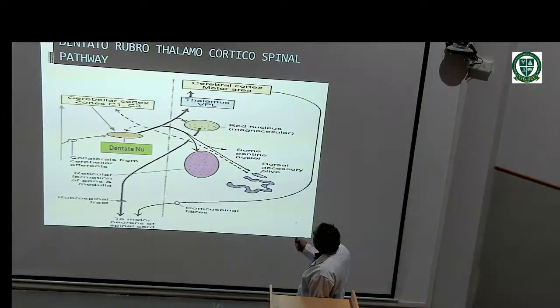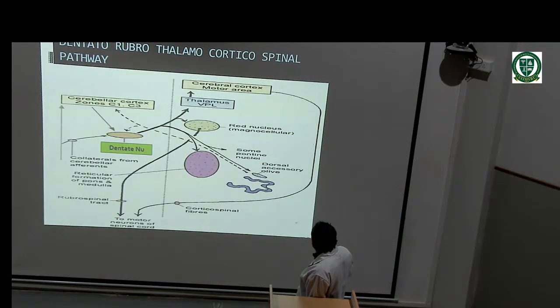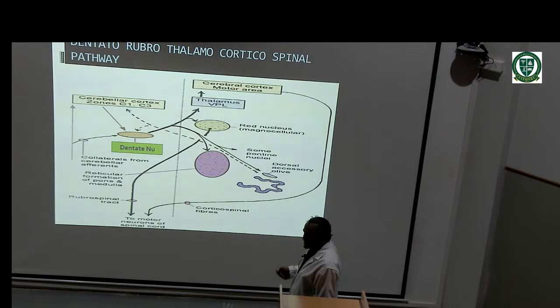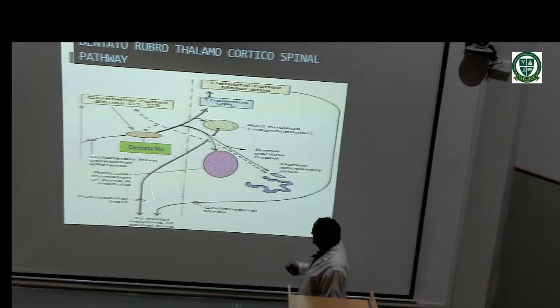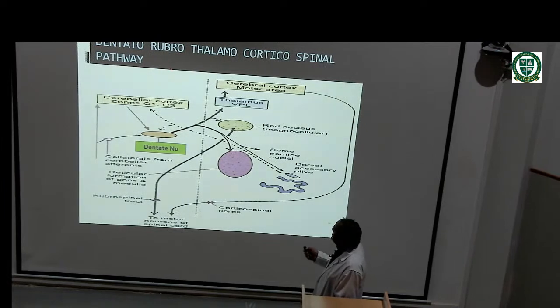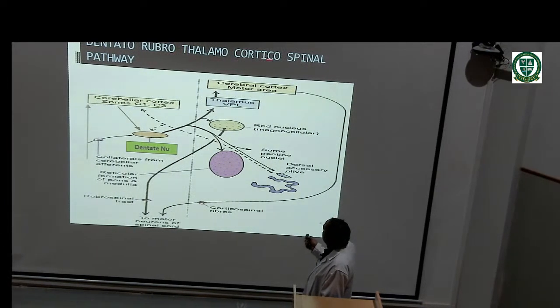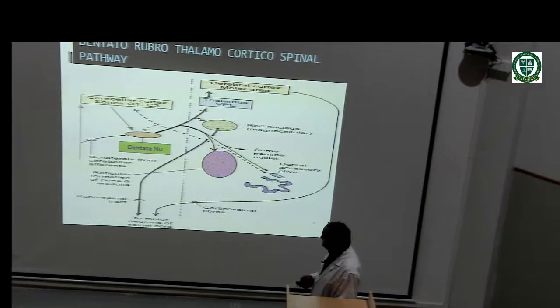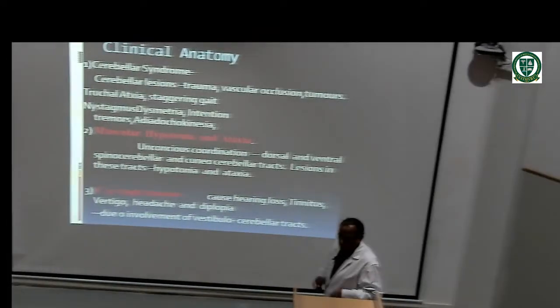Then again from the cerebral cortex, these fibers descend. These are the descending tracts, corticospinal tracts, and they will end at the motor neurons of the spinal cord and control the activity of these neurons, ipsilateral control of the motor neurons. Okay, this is dentato-rubro-thalamo corticospinal pathway. So these are,